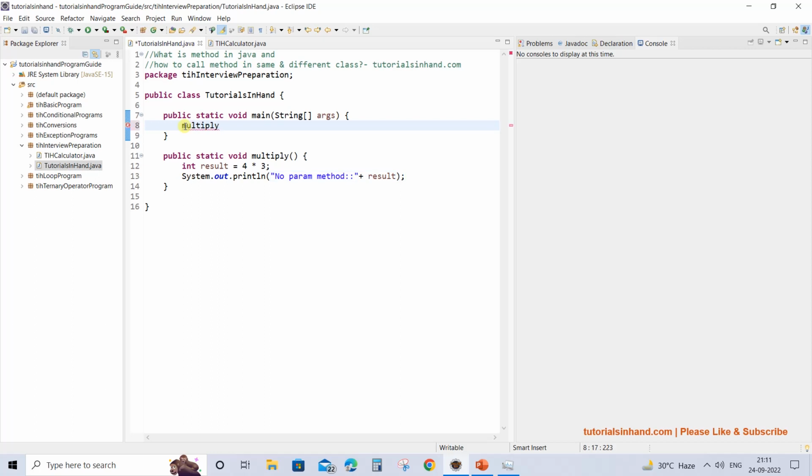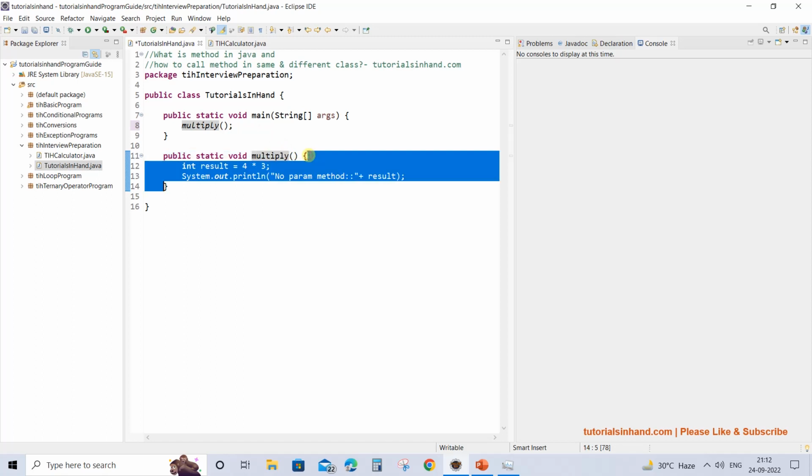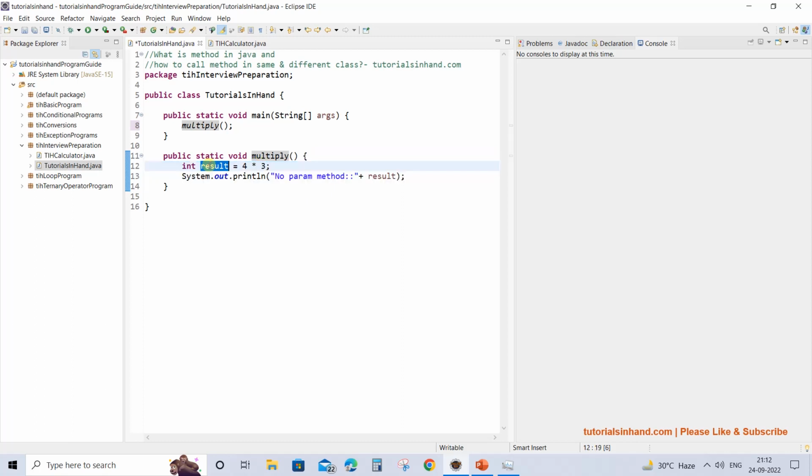You just need to write the name of the method. Just because it is a static method and you are calling from the main, which is also static, you can call it as it is shown over here, and there will be no issue while calling this method. So you see, we have simply called multiply from within the main method, and now if you press Control and hover your mouse over multiply and click on it, it will take you to the place which shows that from here the control will come to this place and it will enter within this particular method and perform the task of multiplying 4 into 3, and the result will get stored here and it will get printed at this place.